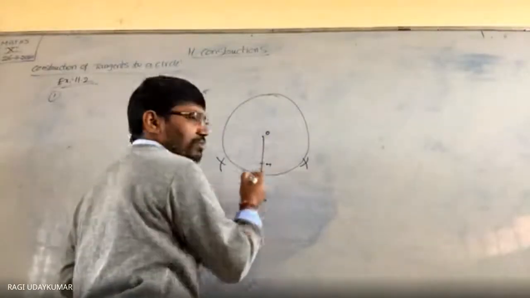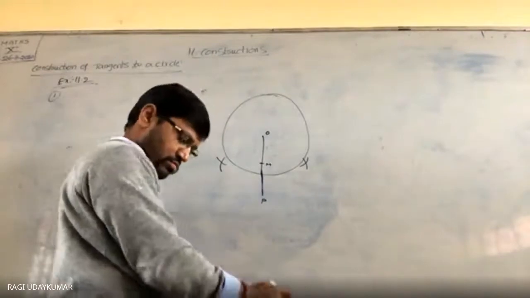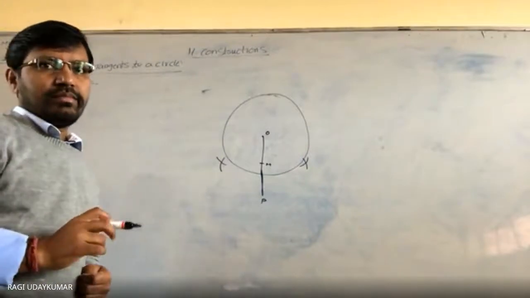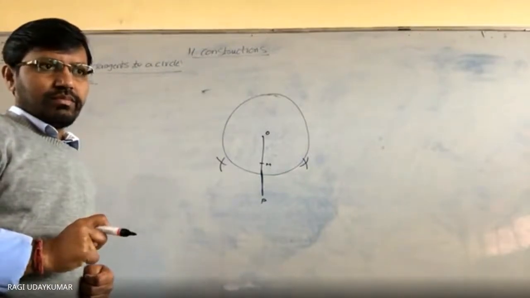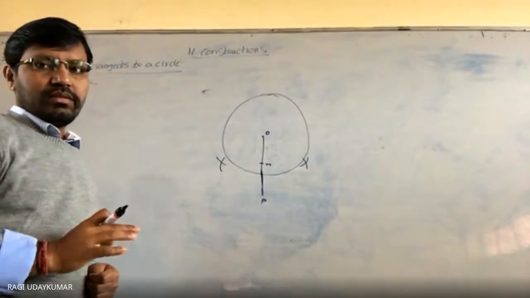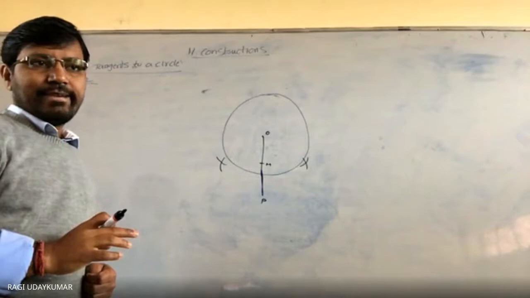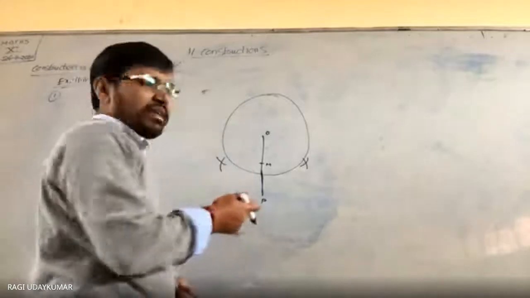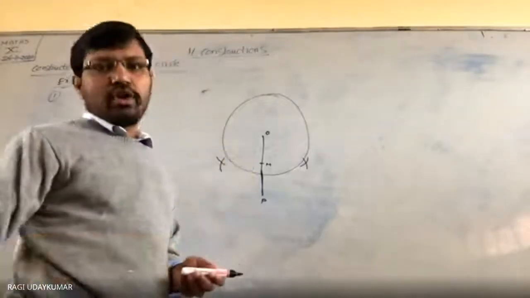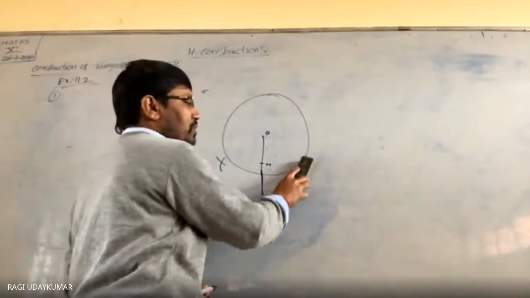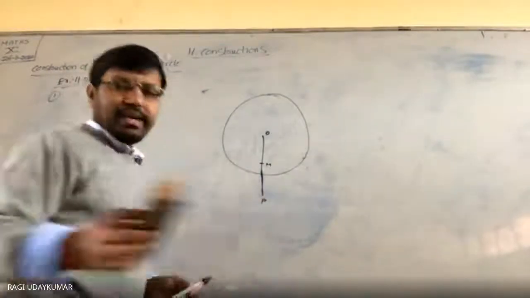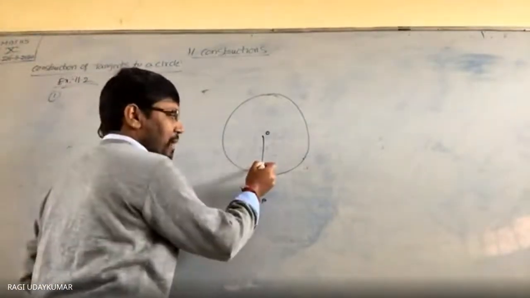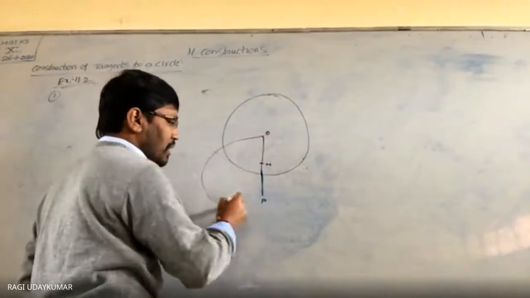Can you say what is the distance of OM? How much will OM be? 5 centimeters. Yes, even if you get the answer with a scale, if you mark M at the 5 centimeter point, is it wrong? No, it is also right. You need to find out the midpoint of OP. After finding the midpoint of OP, draw a circle with M as a center. M as a center, you need to draw a circle.